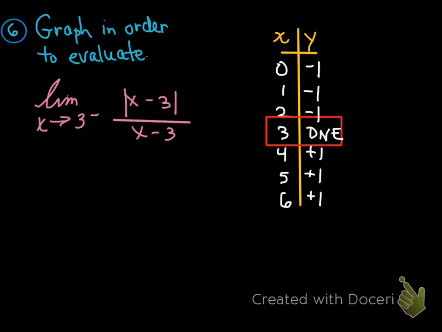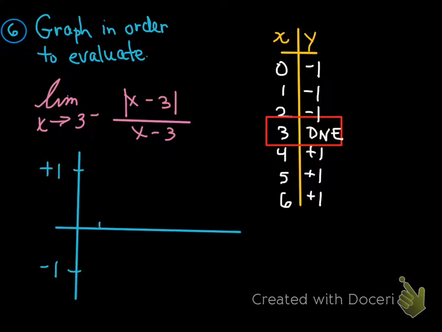For values 4, 5, and 6, nothing tricky is happening here. If I put a 4 in for x, I get a positive 1 on top. I get a positive 1 on the bottom, which yields a positive 1 output. All right, so I'm going to go ahead and graph this to give us a better idea. I know the outputs are either negative 1 or positive 1. I've got inputs 0 to 6. My graph's going to look like this. I have negative 1 outputs for values 0, 1, and 2, and I have positive 1 outputs for values 4,